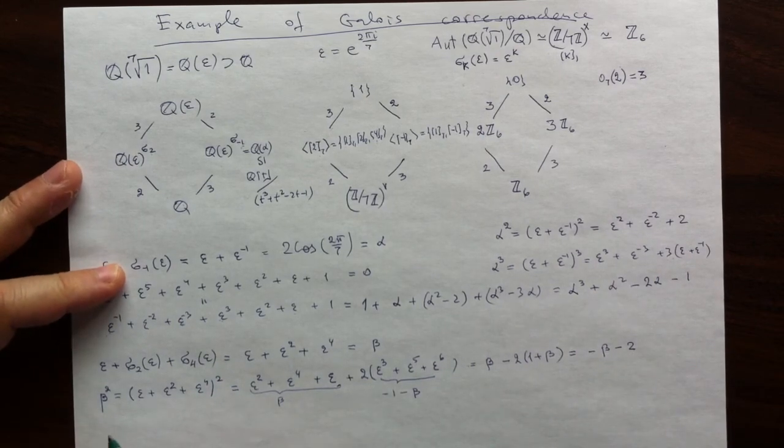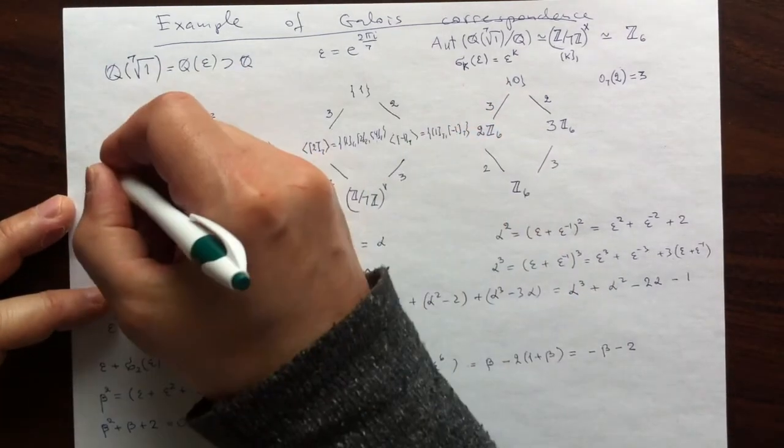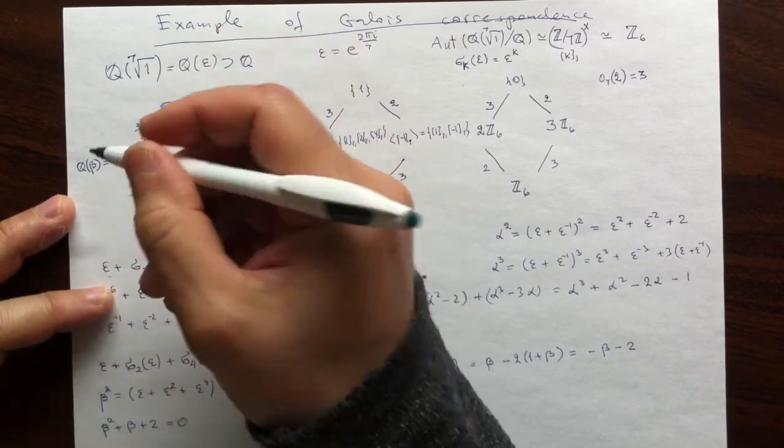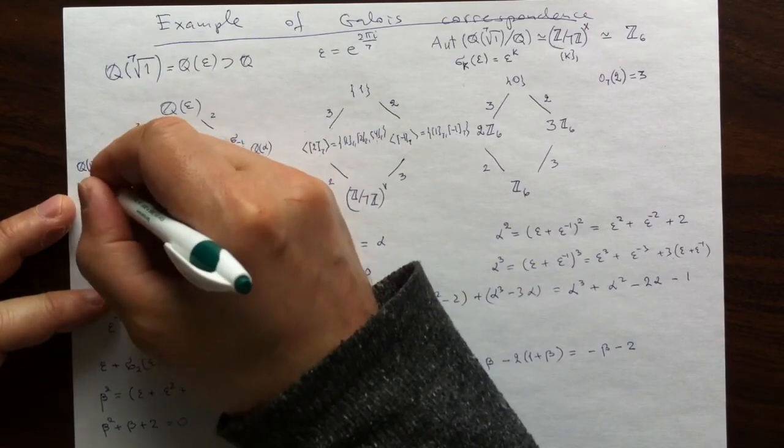And put together on one side as a relation, as a polynomial relation, I'll have this. And that's what my quadratic here is,